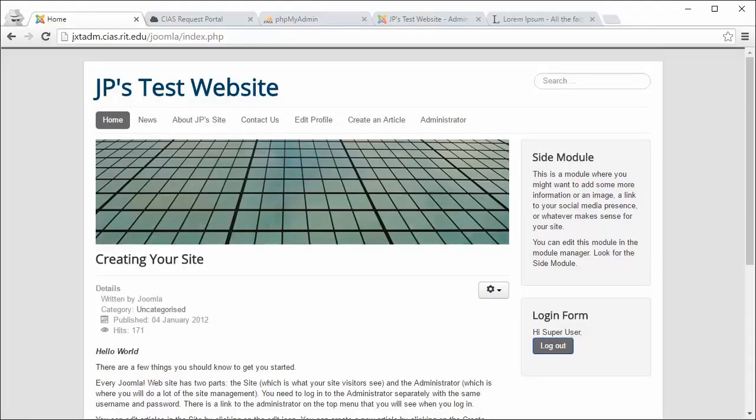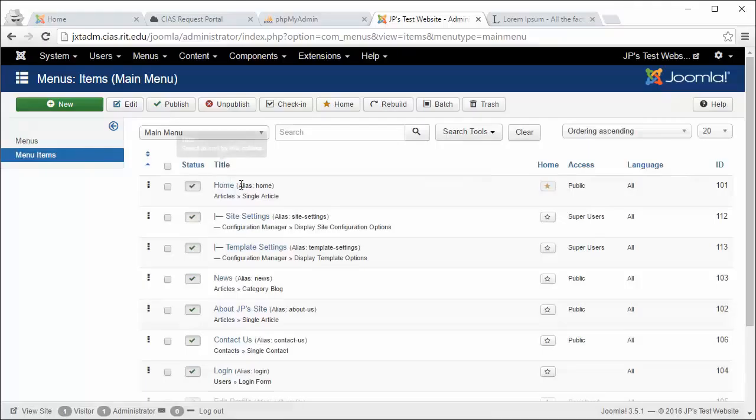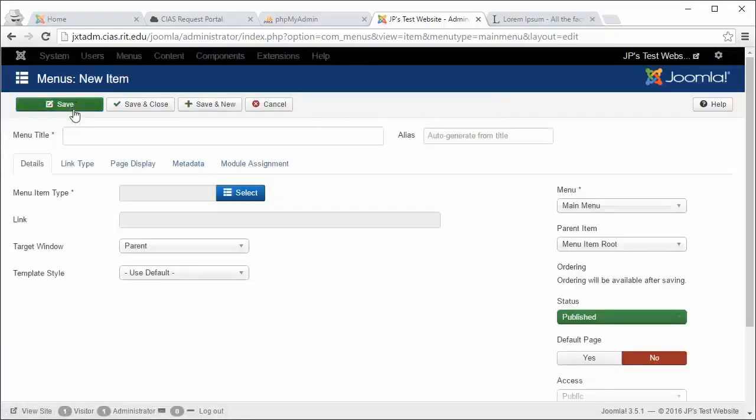In order to create a link, as I mentioned, we need to go back into the administration section. So I'm going to reopen that tab here, and I'm going to go down to the menus drop down. I'm going to want to create it in the main menu for now. Here's my list of items, and I'm going to want to create a new one. Okay, so I'm going to call the link Rapid Online Presence. So in this case, the link name is going to correspond with the piece of content.